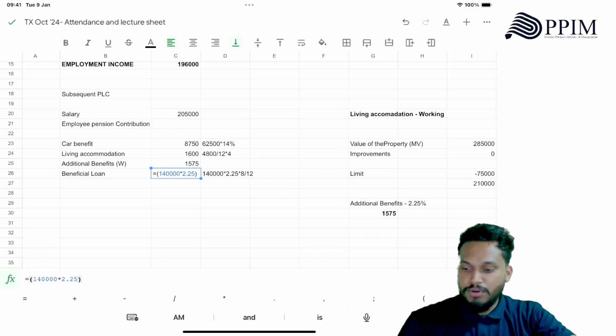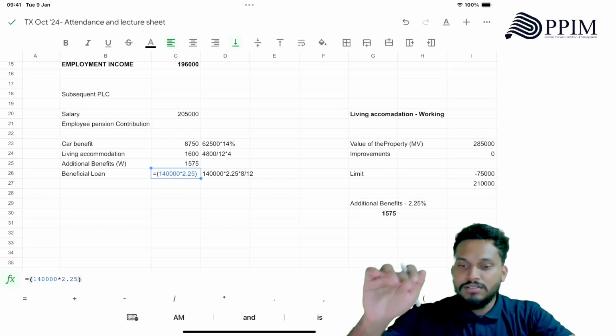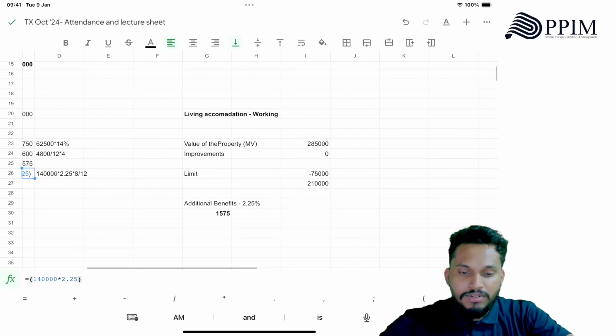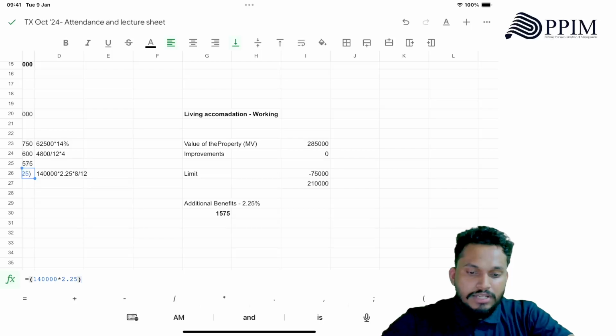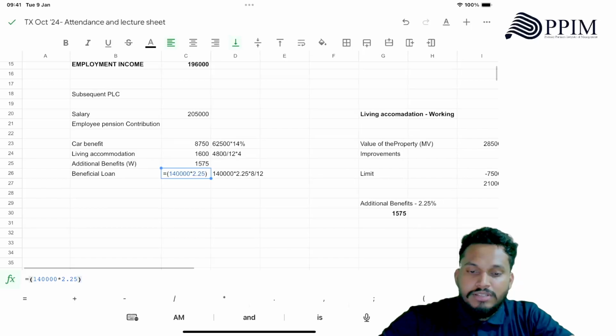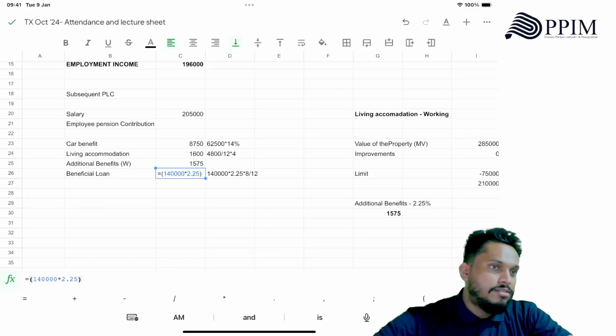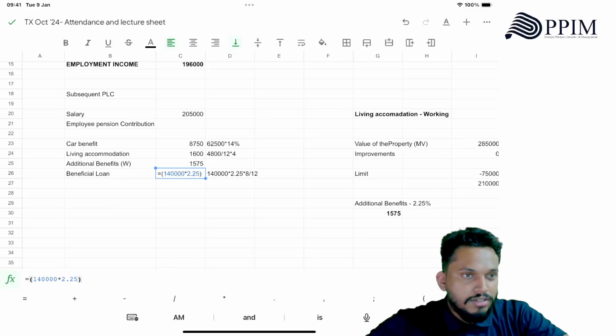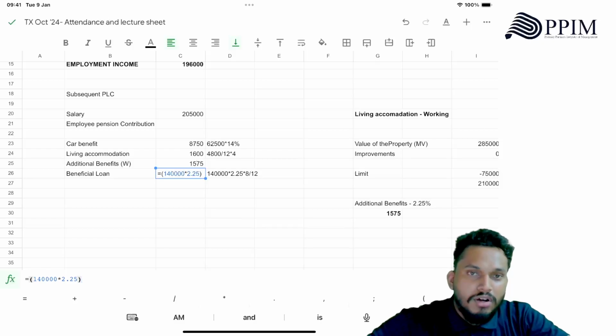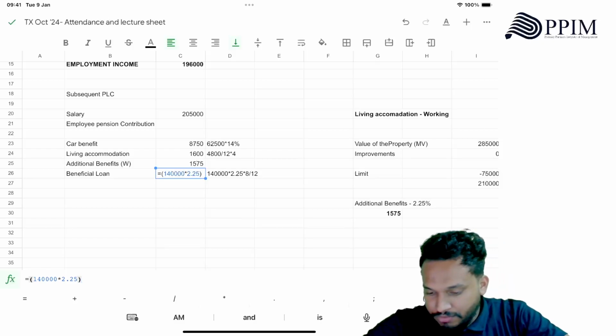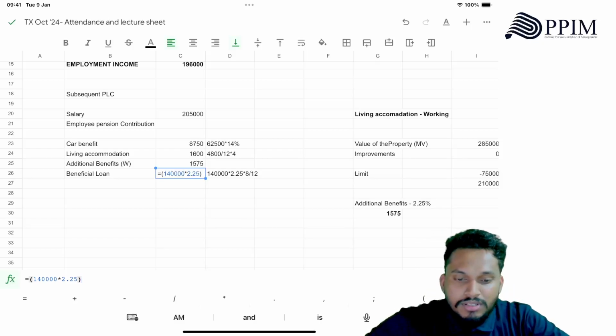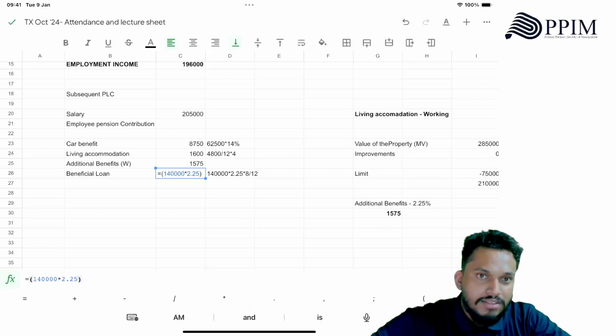The final answer is important. Now see, in this question, I did the workings. I said 2.25 I need to take, and I got 1575. Then, of course, they know that I took it from 210. So the examiner is not dumb. If he's asking such a question, he knows how you would have received your answer. Okay, fine. But for practice only, I'm showing this. Once you go home and refer to the same answer, you won't know how you arrived at this answer.